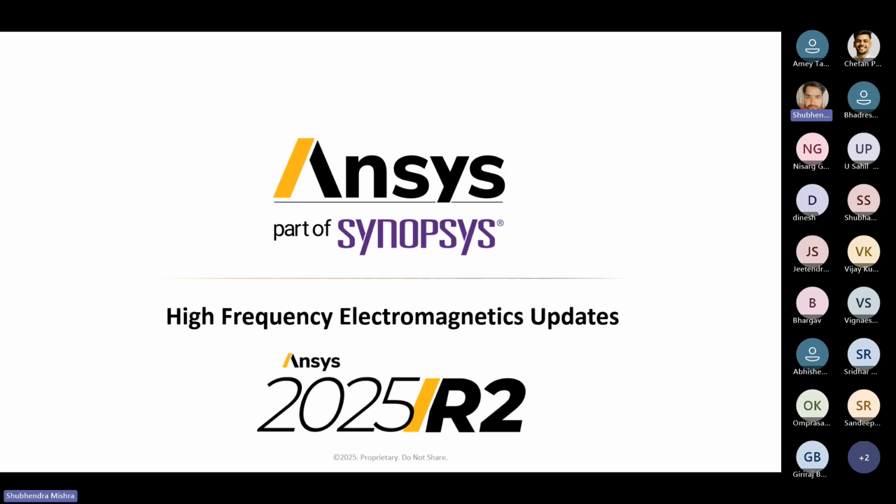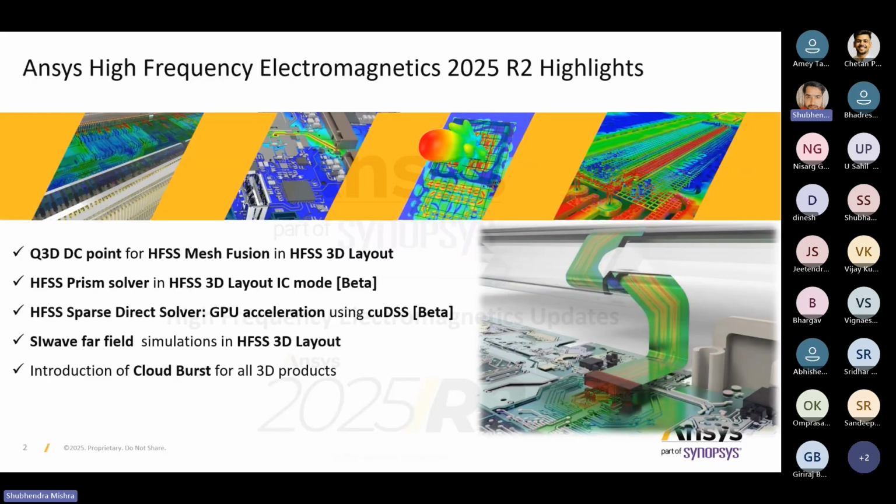There are some highlighted points where we have included DC points errors in the HFSS 3D layout, and the prism solver in the HFSS 3D layout. With direct GPU acceleration to increase simulation speed, a sparse direct solver is also used. In SIwave, far field simulation is improved. In the previous versions, far field simulation was not